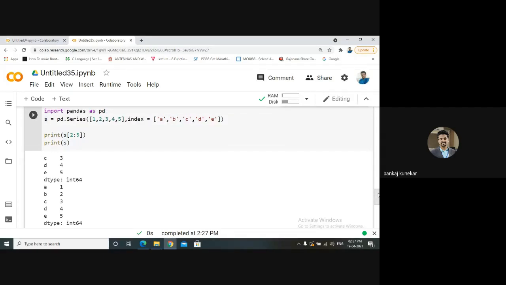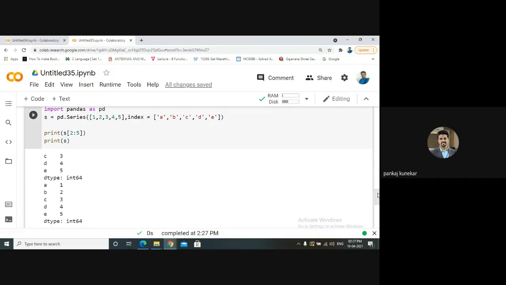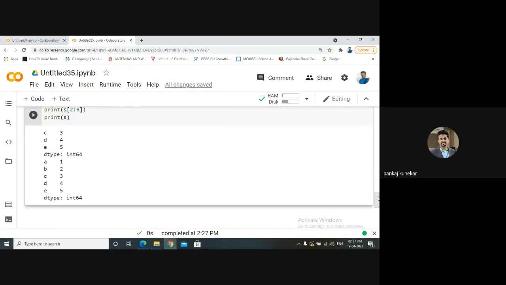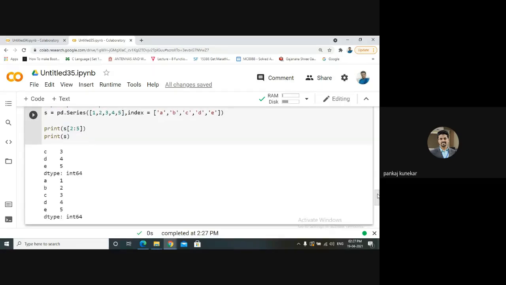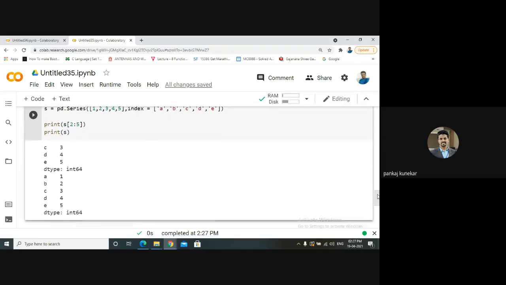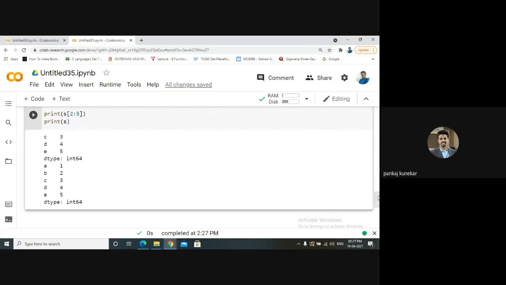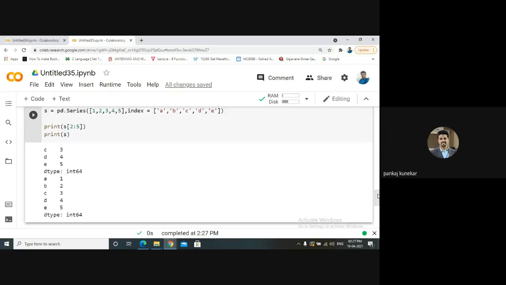We are performing operations on our copy. We'll see how we can perform different operations on pandas. So we are just making operations on our copy, not on the original data. So 2 colon 5 will be retrieved as 3, 4, 5, and our s will remain as it is.